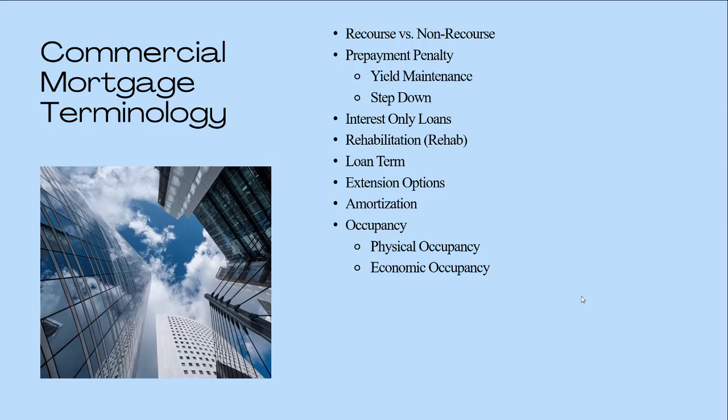Physical occupancy is 80%. Economic occupancy refers to, of those total space, how much are you actually collecting in rent? Because you could have a tenant who's occupying one of your units but is not paying you rent, right? They're maybe delinquent, they've lost their job, they're not paying you. So even though you have a physical occupancy of whatever X, the economic occupancy is going to be lower because some of those tenants are not paying you.